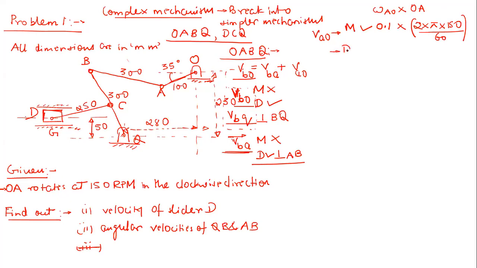Now let us talk of direction. Is it known in direction? Yes, sir. Obviously, the direction will also be known, and that is perpendicular to AO. And we also know that it is in clockwise direction, right? So we can figure out whether this OA will be upwards or downwards. Upwards. Very good. So this is going to turn like this, so obviously this will be in upward direction.